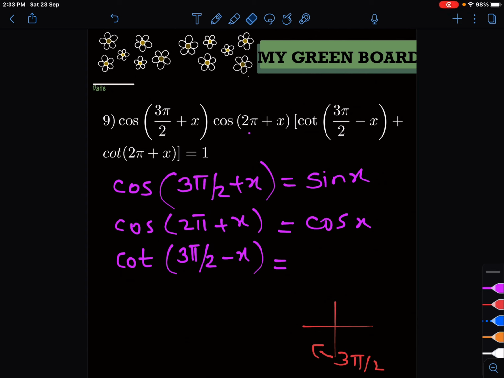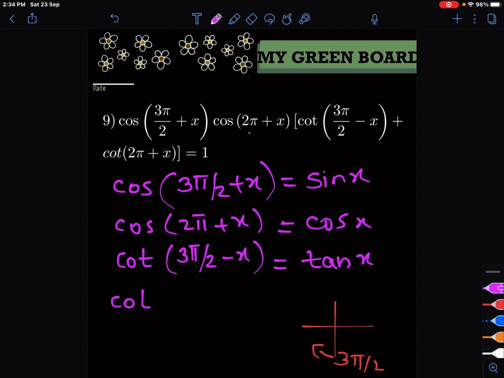I thought this is cot. For the cot, the function will change to tan. If it is sine, it will become cos. If it is cot, it will become tan. And if it's secant, it will become cosec. Similarly, the function will change accordingly if the radian is on the y-axis. So it will be plus tan of x. Understood? Now, next one,